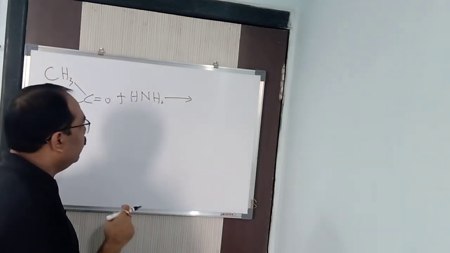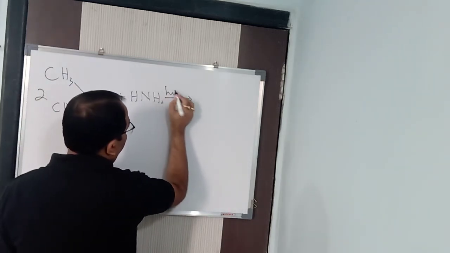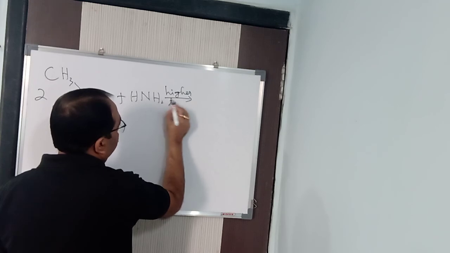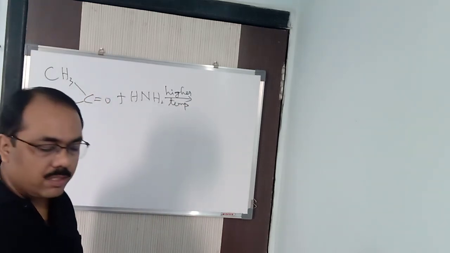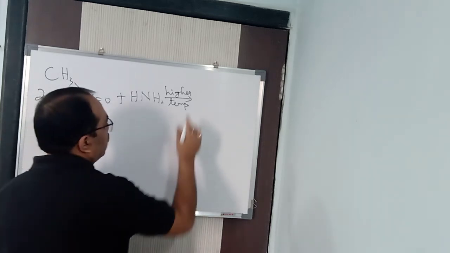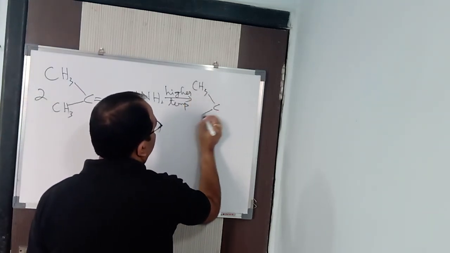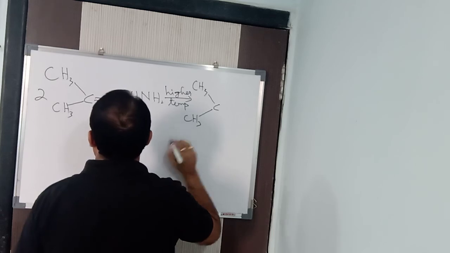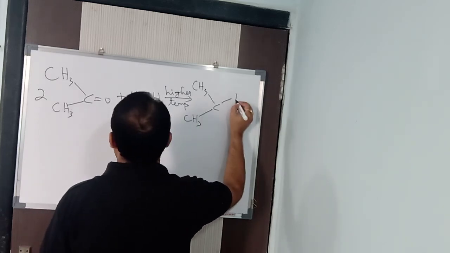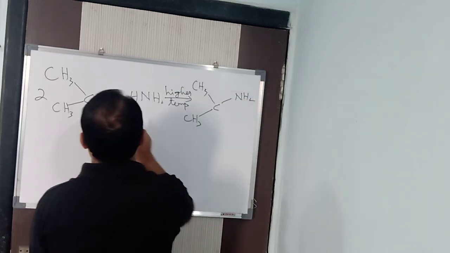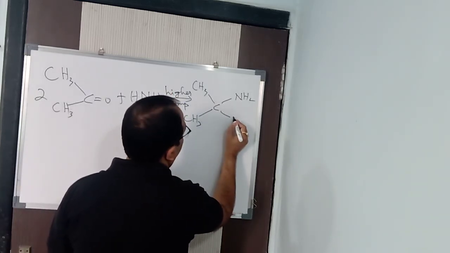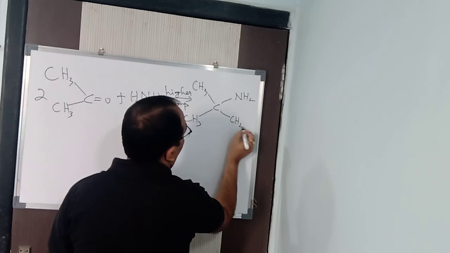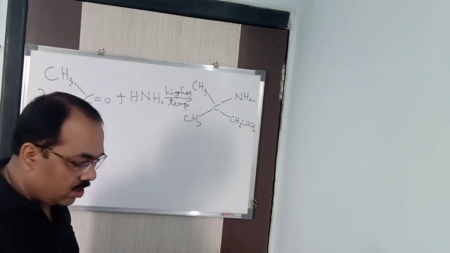Alright, but how do you know it is less reactive? Because the reaction takes place at higher temperature. The reaction is taking place at higher temperature. Alright, for that reason we have to give some temperature conditions, then only the reaction is going to take place. So what is that? Addition reaction, CH3C, and here it is nothing but NH2. Alright, 2 molecules are there, so water is removed, and 1 more molecule it will be, that is CH2, CO, CH3.